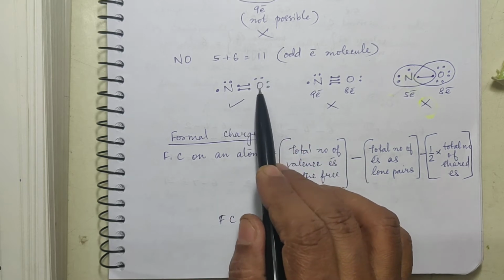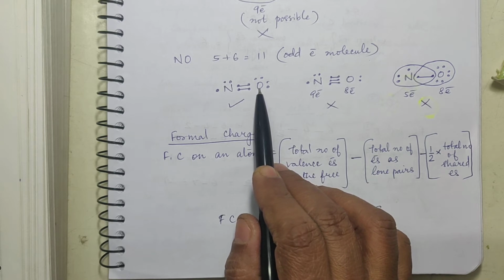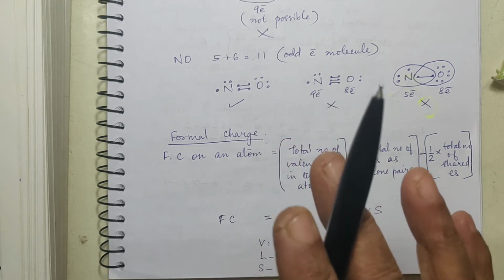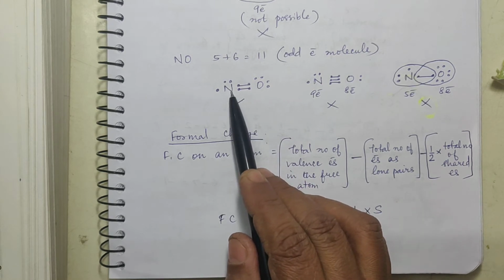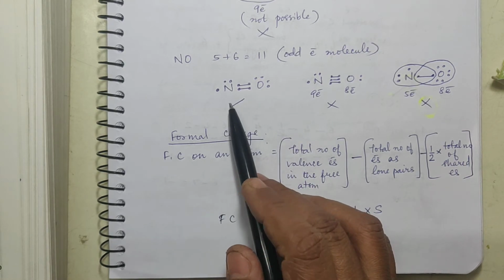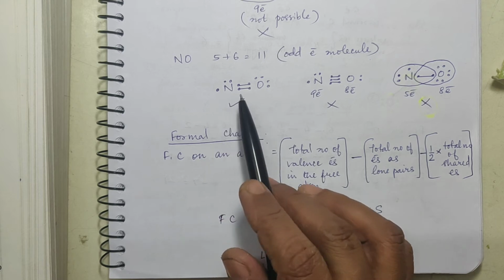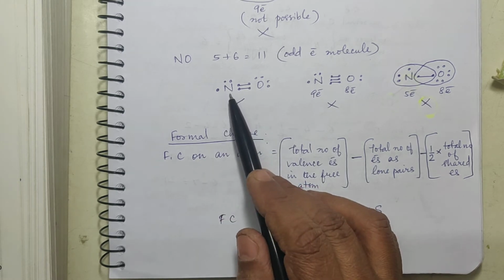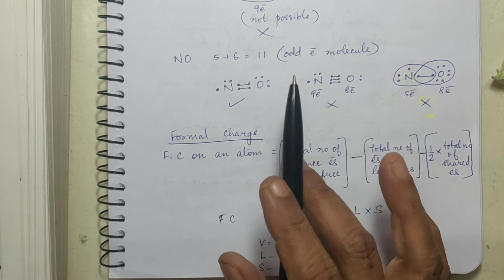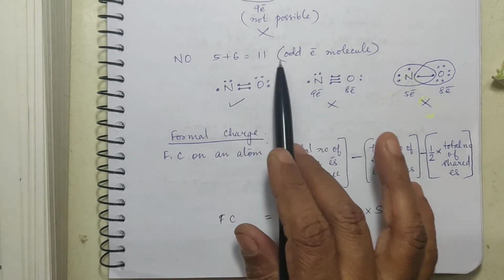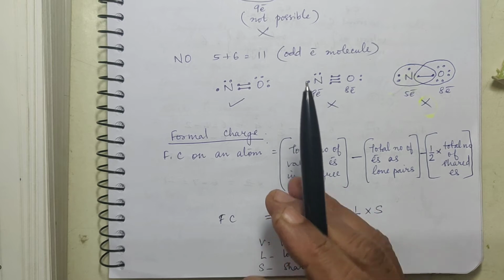But you cannot allow 7 electrons with oxygen because oxygen is more electronegative. It is bound to have its own quota. So nitrogen is having less. Such molecules do exist in spite of the fact that the octet configuration is not satisfied. Even then they are existing. So this comes out in the form of limitation for octet rule.